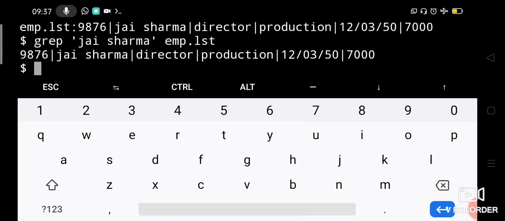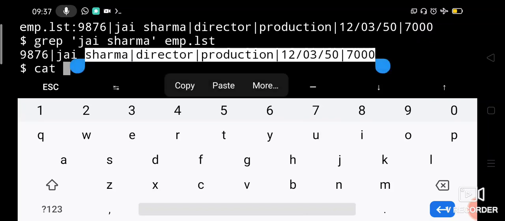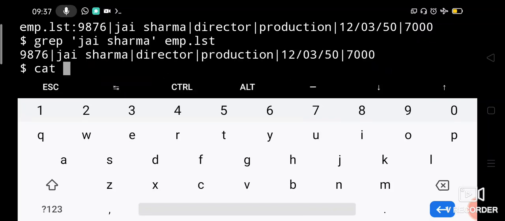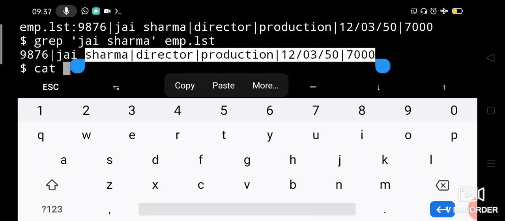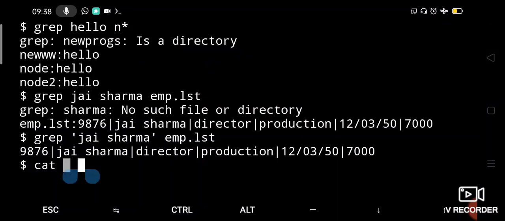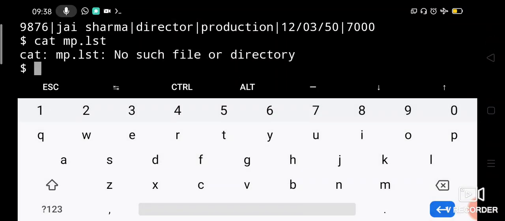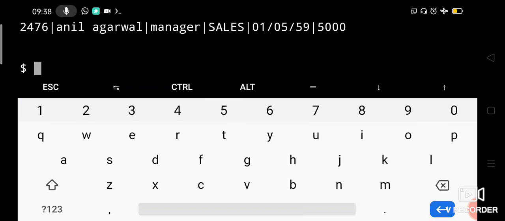Next, let us work with options of the grep command. Let us see the file. cat emp.lst. These are the contents.